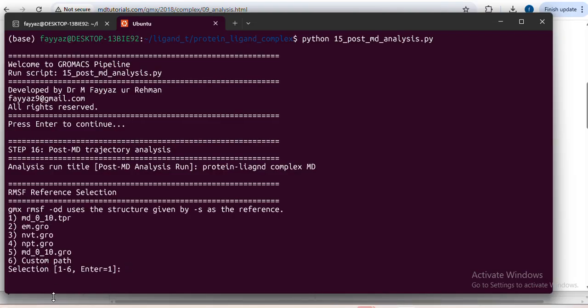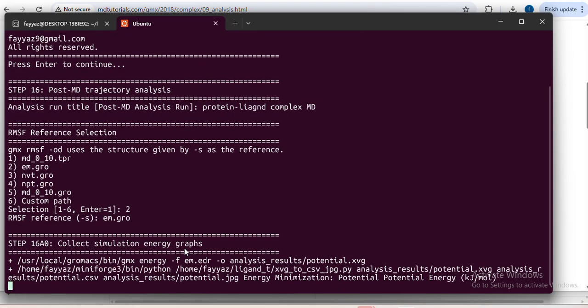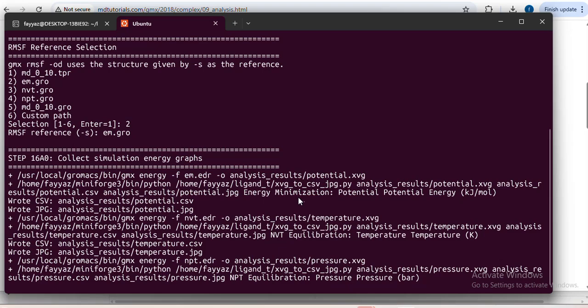So it's telling me that all these files are present, and which particular file you want for RMSF as a reference, meaning the first structure. The first structure which we used here actually, that is the gro file, that can be the EM gro file. I will say that that is my number 2. If there is any custom file and you have the first gro file, you can put that number here. I will press enter,